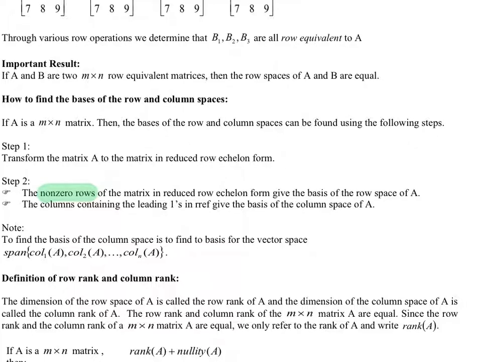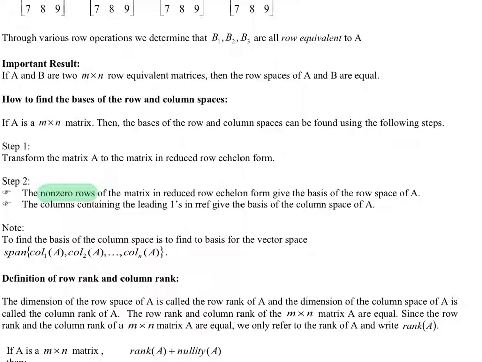But the reason why we talk about row space in addition to column space is because we can represent a matrix using the rows as the vectors as opposed to the columns. All right, so we can say vector 1, 3, 2 as a row of a matrix as opposed to a column, and if that's the case, then certain rows would form the basis of that system as opposed to the columns. All right,